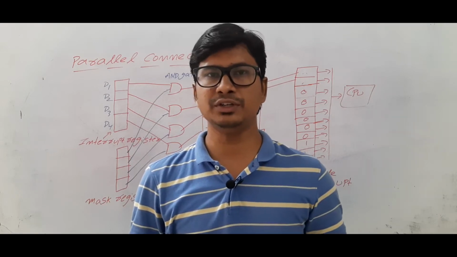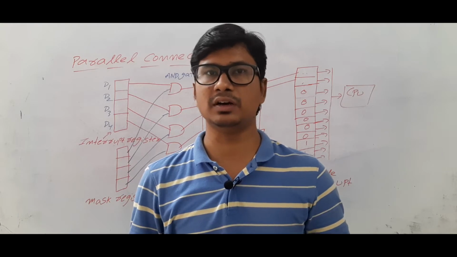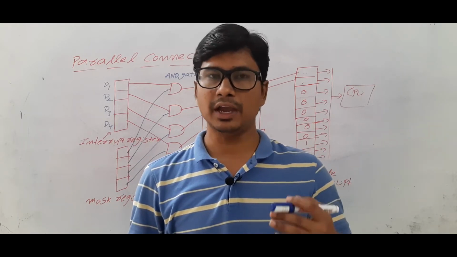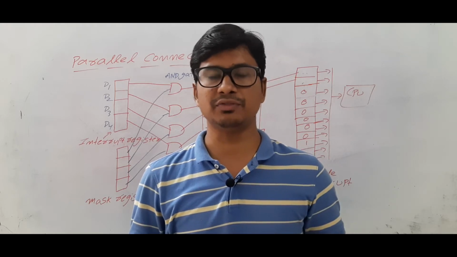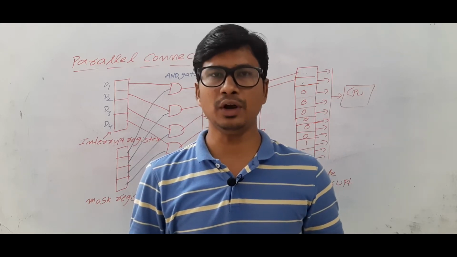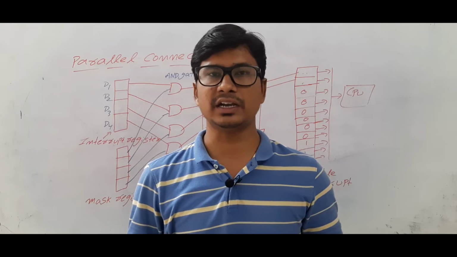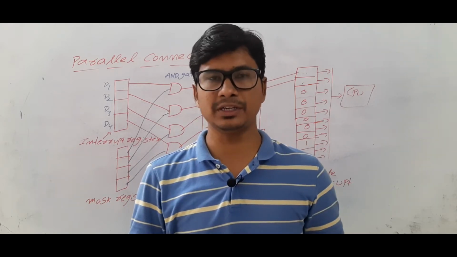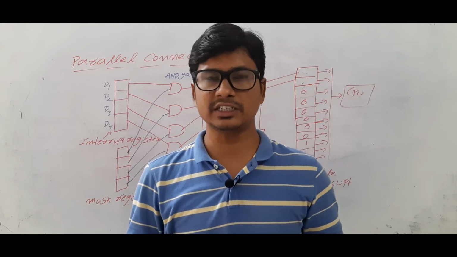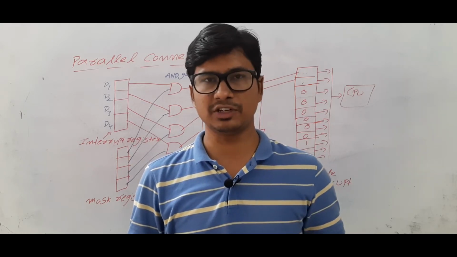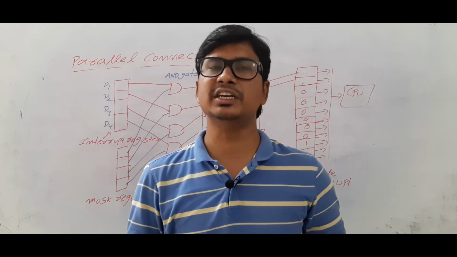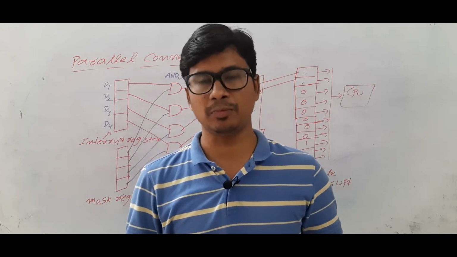In the last video, we discussed the serial connection or daisy chain model, and I hope you have understood that video. In this video, I want to discuss the parallel connection. The serial connection and parallel connection are hardware-based mechanisms. In the serial connection mechanism, we have the starvation problem. We will see about the parallel connection and even check whether we can avoid the starvation problem or not.